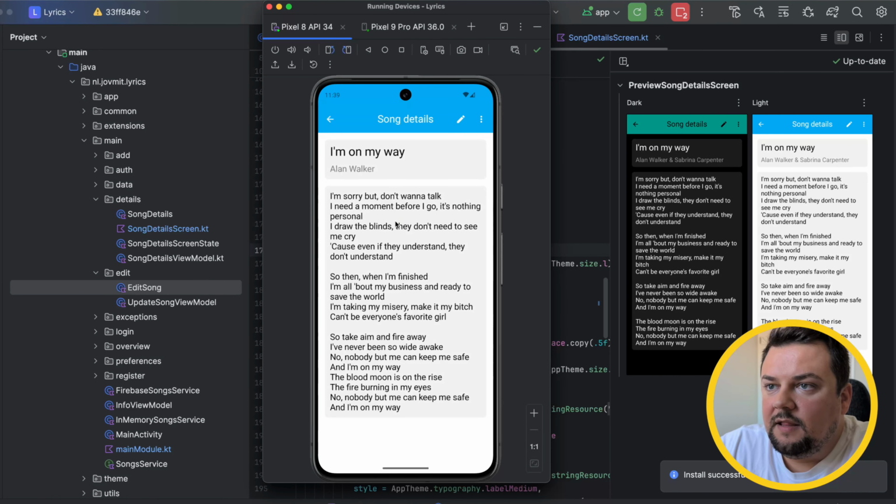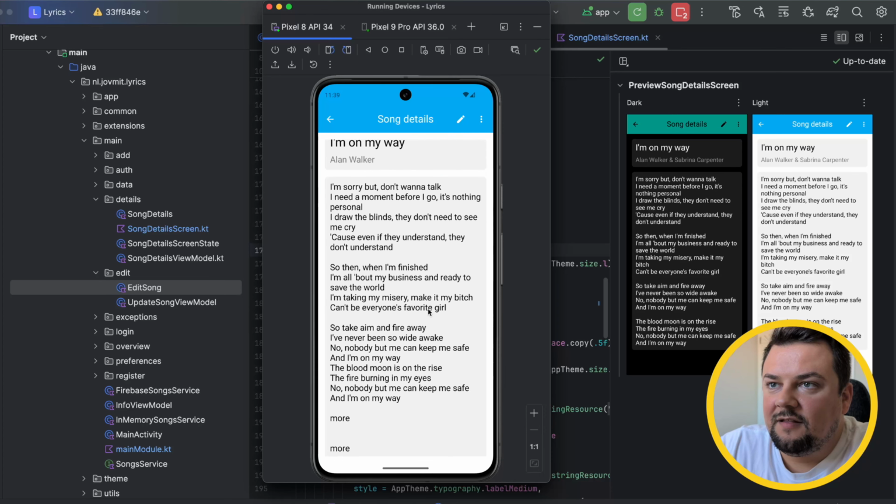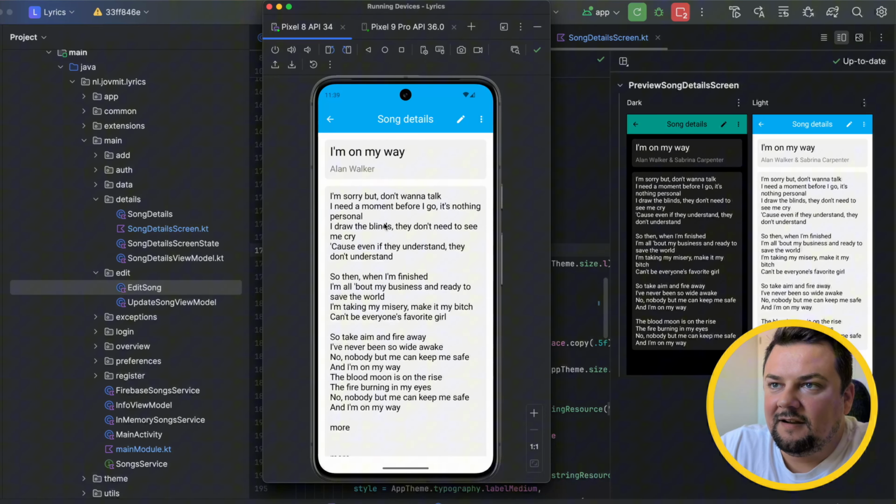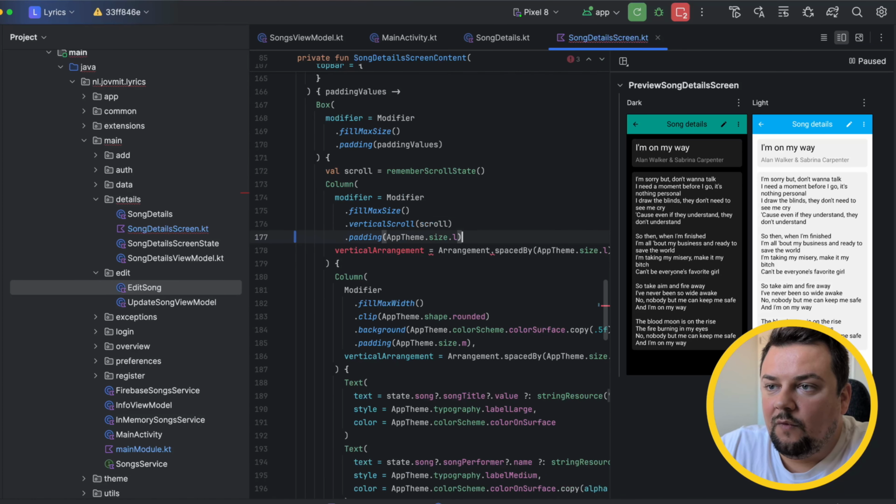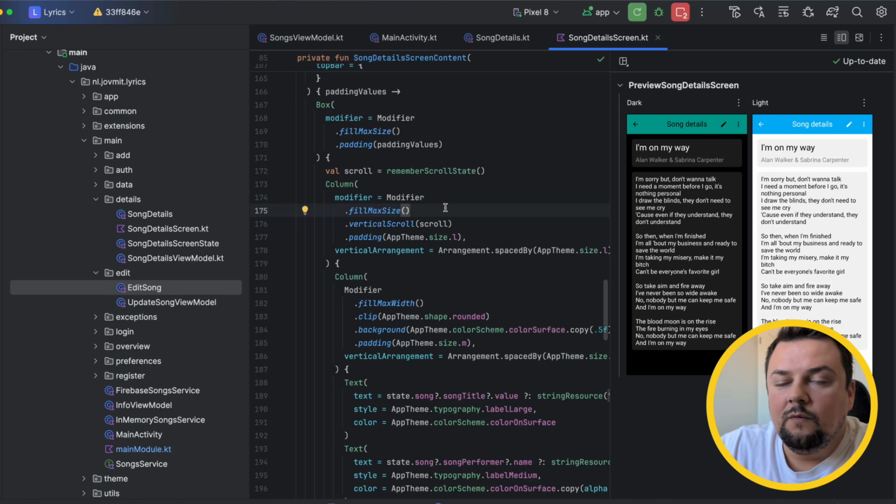So let me open it. And if I scroll, you see it is scrolling with that cut here. And that's not very nice. So that's why when you are using the modifier, keep in mind the order, especially when you are doing this scrolling stuff. And now that we have the song details done, we're going to move on to the song editor,